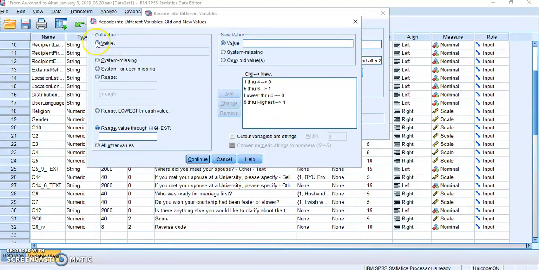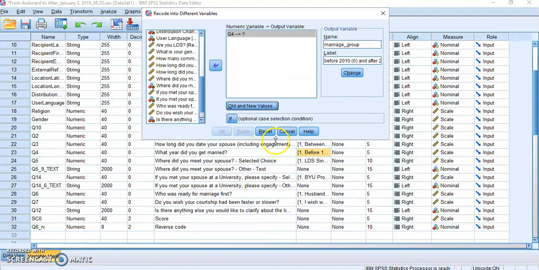I could have done any of those things, or I could have just done discrete values. 1 goes to 0, and then 2 goes to 0, and 3 goes to 0, and 4 goes to 0. And if you wanted to do all other values into something, you could. It's just a really useful tool, because then when you continue and you move that over,